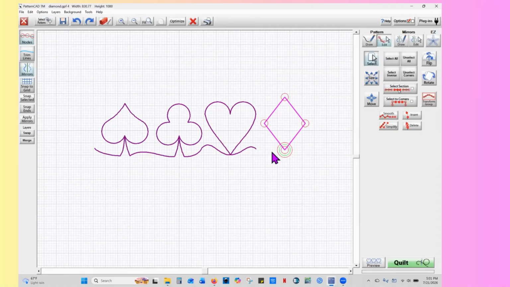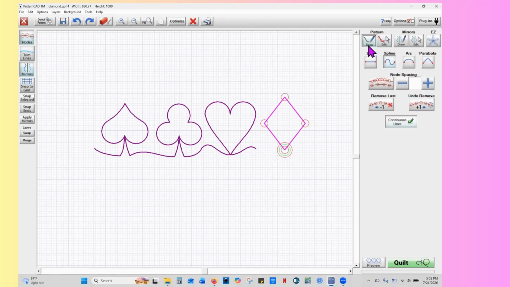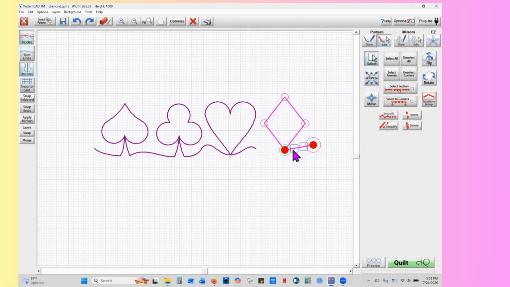So now if I wanted to draw from here to here, I could do that. I could say draw, but it's going to go from the end point first. So it's going to go in this direction. It would be easier for me to go in this direction. So I'm going to say draw, and I'll use a spline once again, and I'll put it over here, tap my space bar, shape my line,